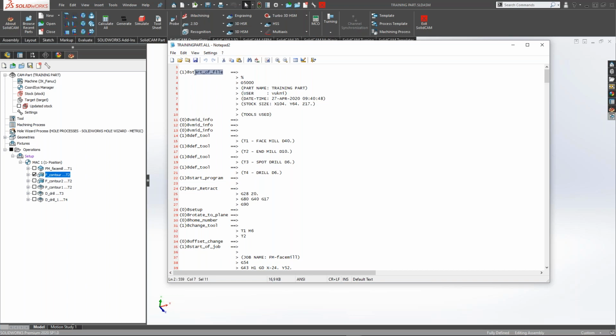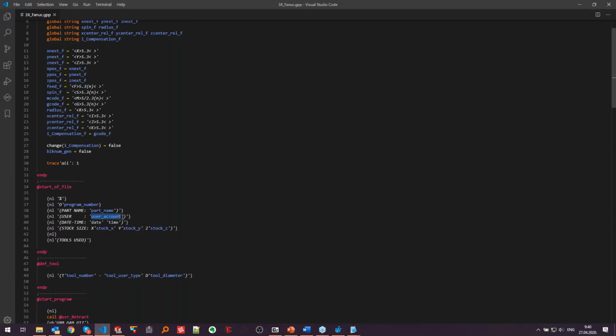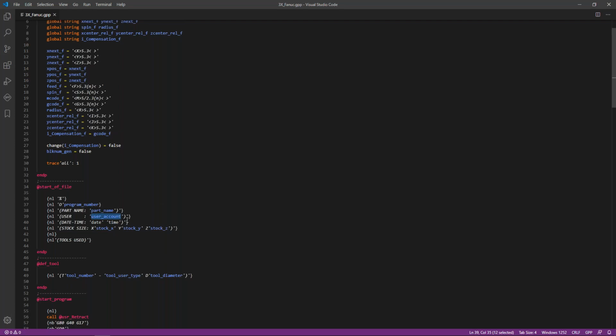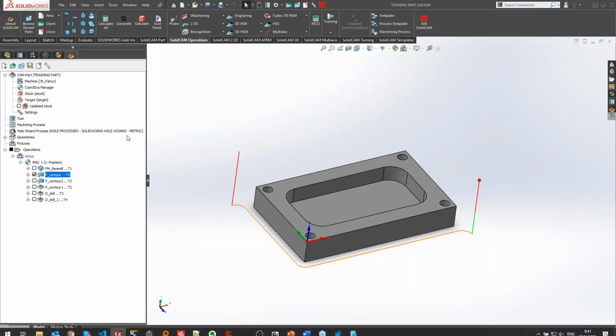Now, we go to start to file in GPP. We can see, okay, here it is. Now, we need to define a new variable that will store this data. What this variable is, it's a string. You can see that by using the extension for the GPP editing in SolidCam, or you can use SolidCam help to find out. So you can go to help,